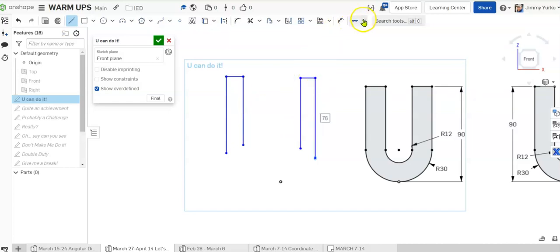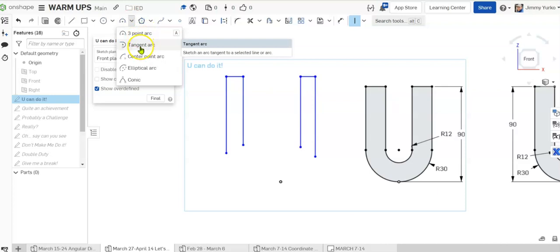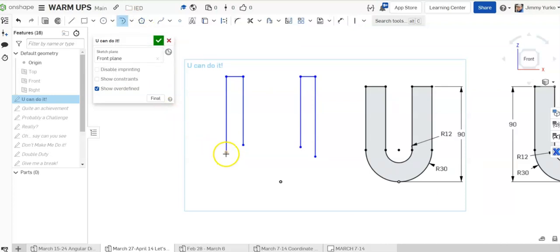Get these to line up with each other. So I've got a horizontal constraint between that point and that point. Make sure we have vertical constraints here and here, here and here. And now we're going to go ahead and take the tangent arc. I want to run a tangent arc from here to here, and then a tangent arc from here to here. And then we're going to go ahead and apply the tangent rule because we want it tangent to this arc,